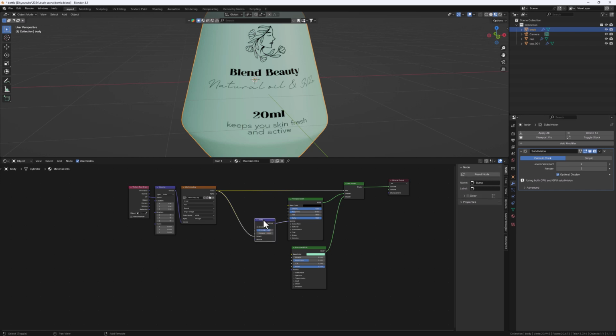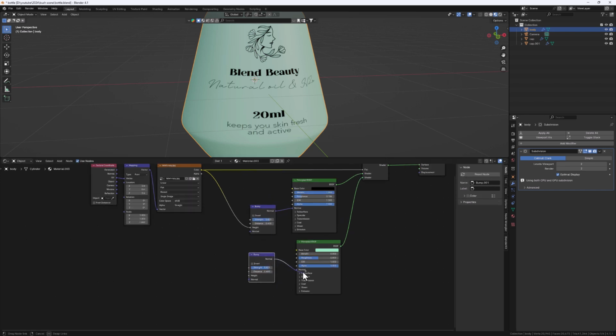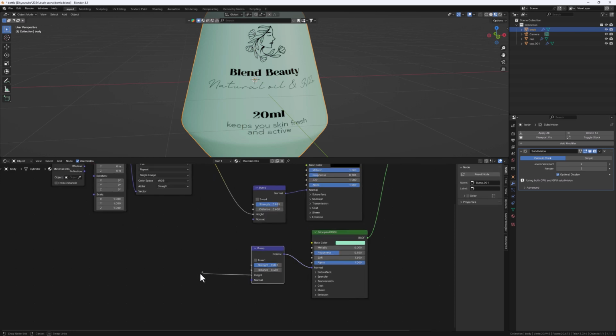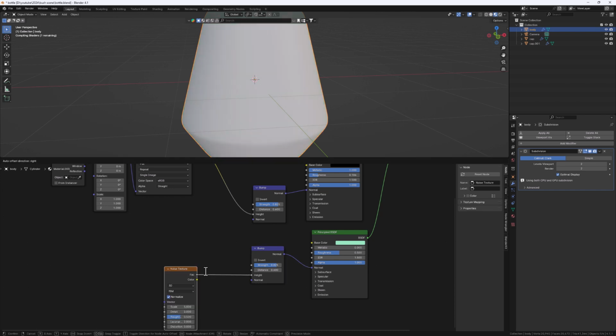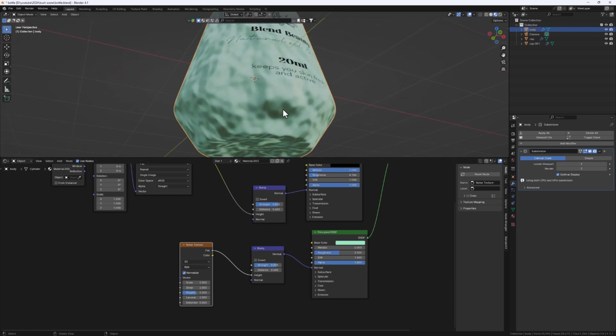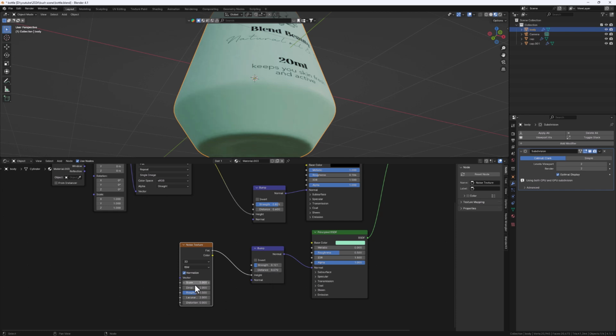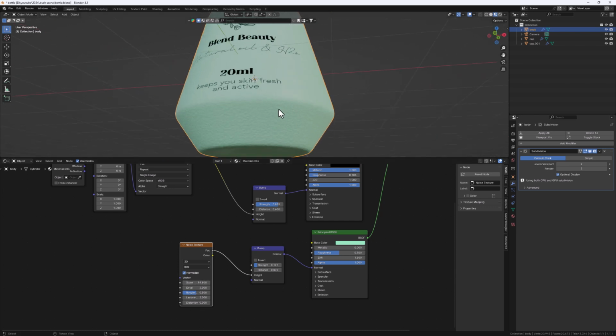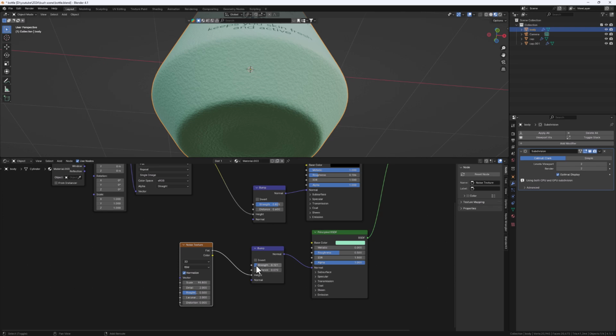So let's duplicate this, and then let's add it to the normal like this, and then the height, we are going to plug in a noise texture. So let's search for noise texture, the factor of the noise texture into the height. So as you can see, it's very huge and big. So first, let's decrease the strength until we have something very light. Let's decrease the distance as well, and then let's increase the scale so that we have a very rough surface like this. Let's decrease the strength even more, so it's very light,